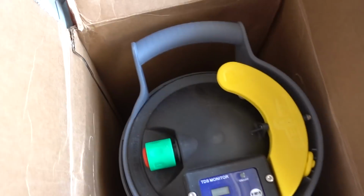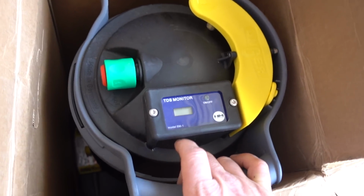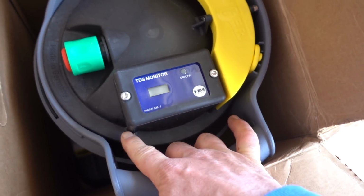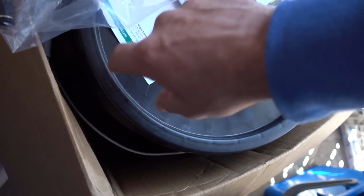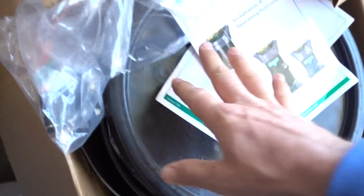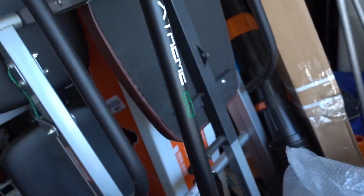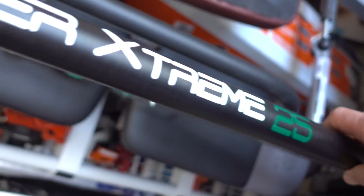This kit just came from Detroit Sponge. This mid-size window cleaning system has a built-in TDS meter with DI resin bags instead of just loose resin. See, here's the bags right here. Look at these bags. Nice. And then it flows up through the bags, and then you've got this brand new Gardiner Extreme 25-foot